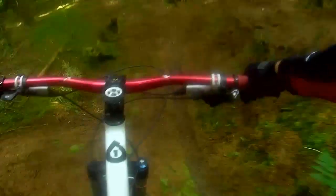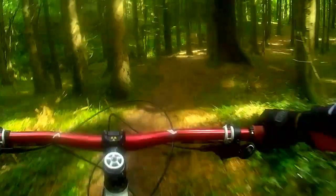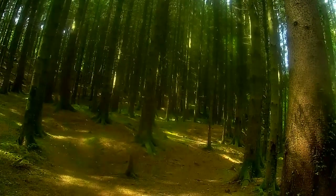It's only a 140 travel on 26 wheels, but it's enjoying it. Come into the berm, carry it round off camber, get that outside pedal down, come high, see what we're like today. Yes. Try and stay in that groove without losing your front, control the speed over these compressions. Oh, it's hard to talk while you're doing this. Little hip jump away, and oh gosh, that's definitely the steepest, techiest, I would say hardest in the Warren, probably